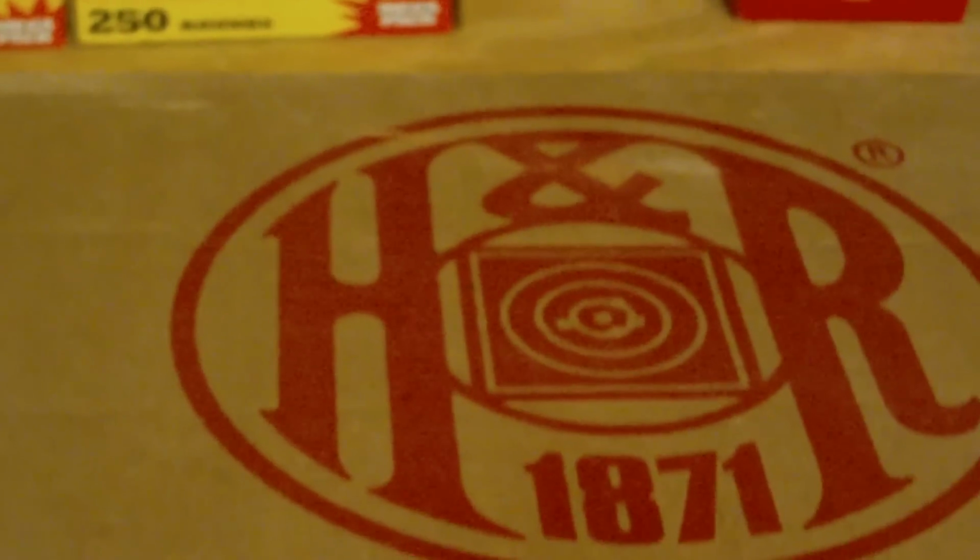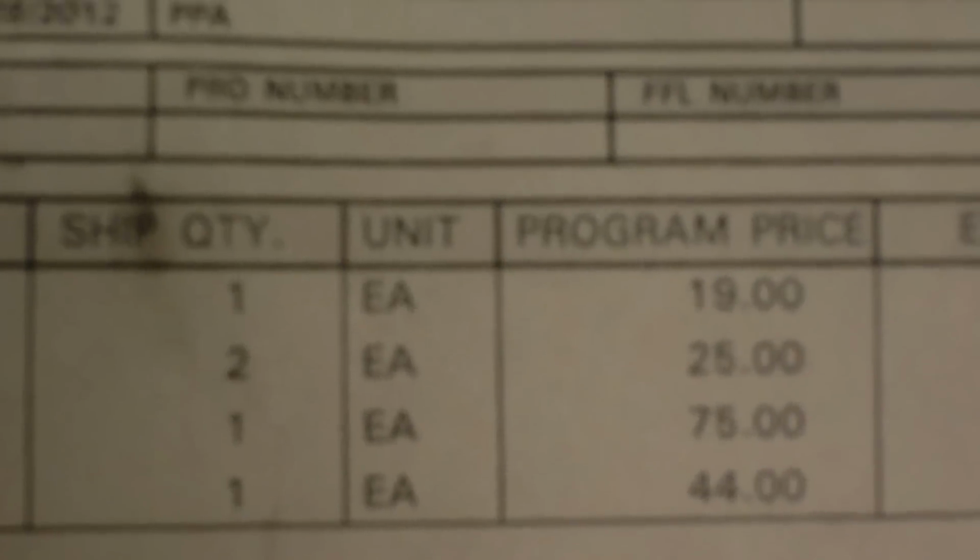So let me put this so we can see it well. And this is the box that they sent it in. H&R box, and if we look inside here, we can see the shotgun. Pretty much, this is the receiver that I sent to them, and there's an invoice inside, and we'll go through that real quick, and I'll just show you the charges for the different items. Let me pull this out real quick. So we see here that